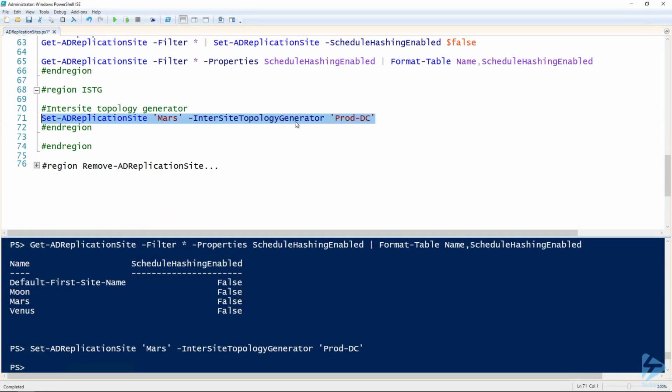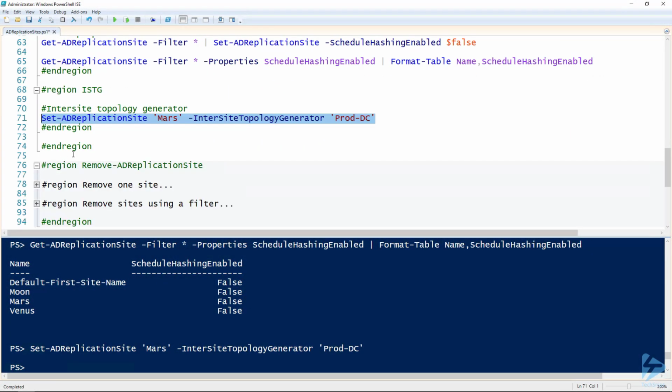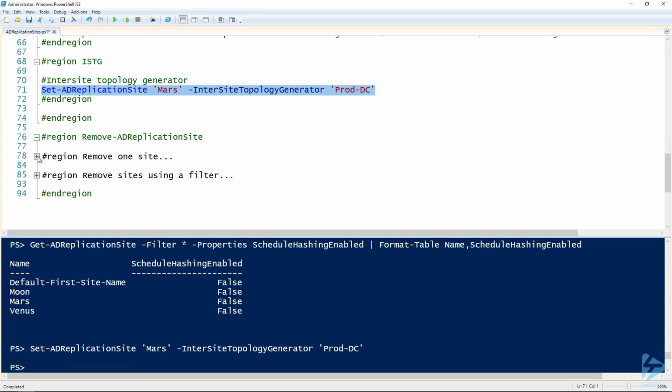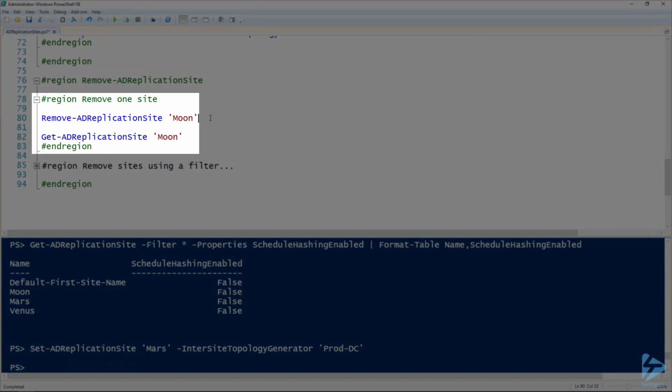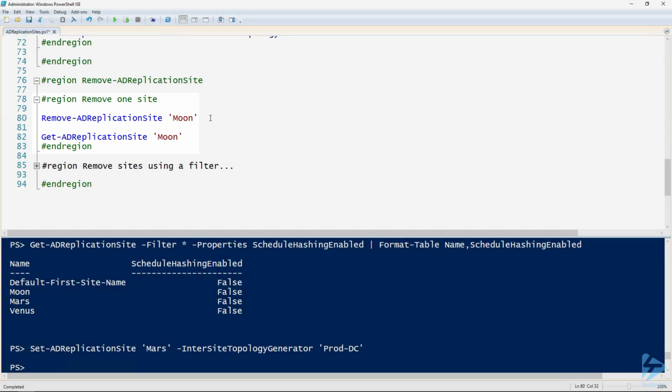So the last thing that we'll run through is removing AD replication sites. So this is pretty simple. It's just Remove-ADReplicationSite. The simplest way to use it is just specifying the name. So here, Moon's coming in with just itself. So if we run Remove-ADReplicationSite,